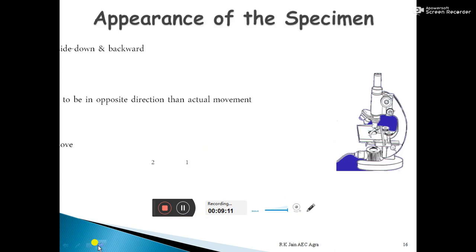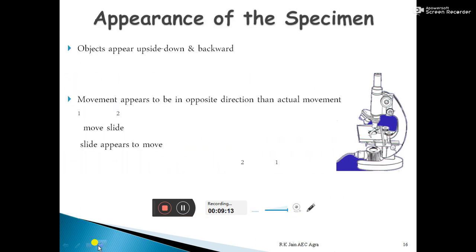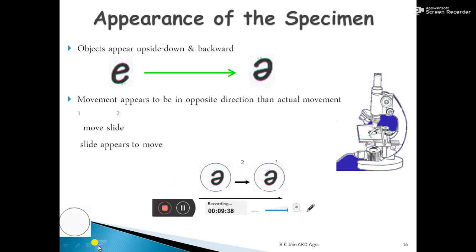Why do we need to use the immersion oil? Because when the light rays travel from the diaphragm, they reach the air, and after air they enter into the glass. This causes a difference in the refractive index. When the refractive index differences occur, the light rays are deviated from their route and the image is not generally formed very clearly.